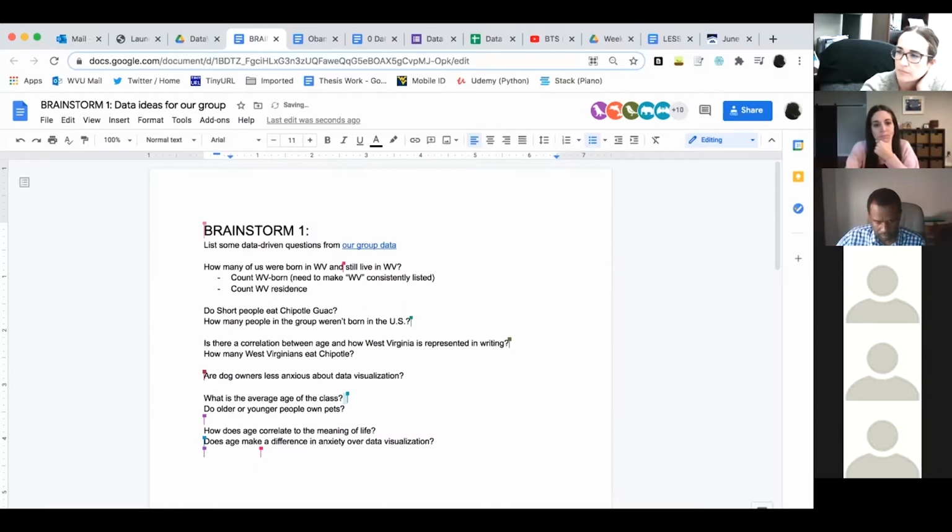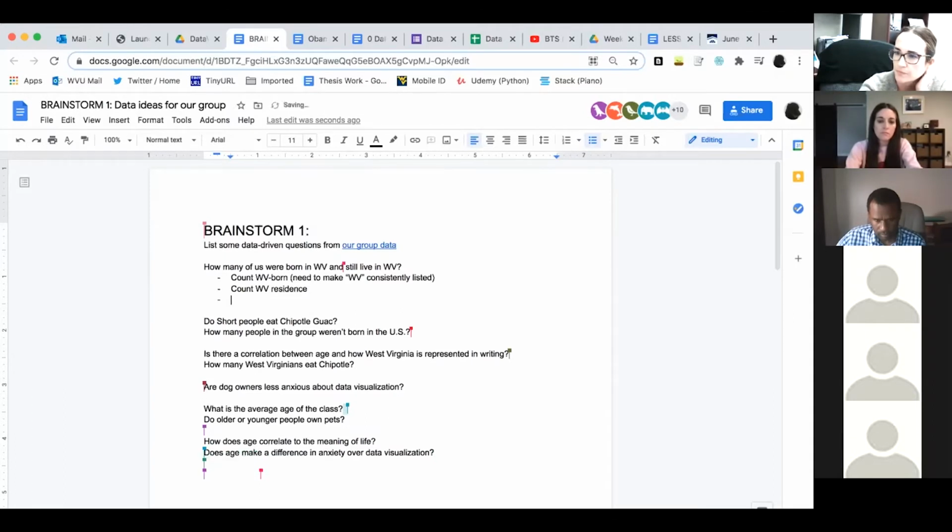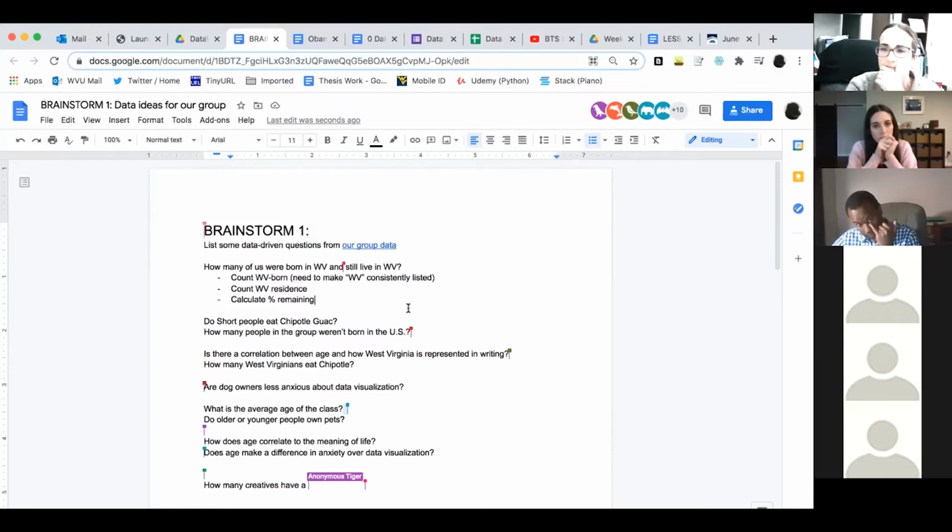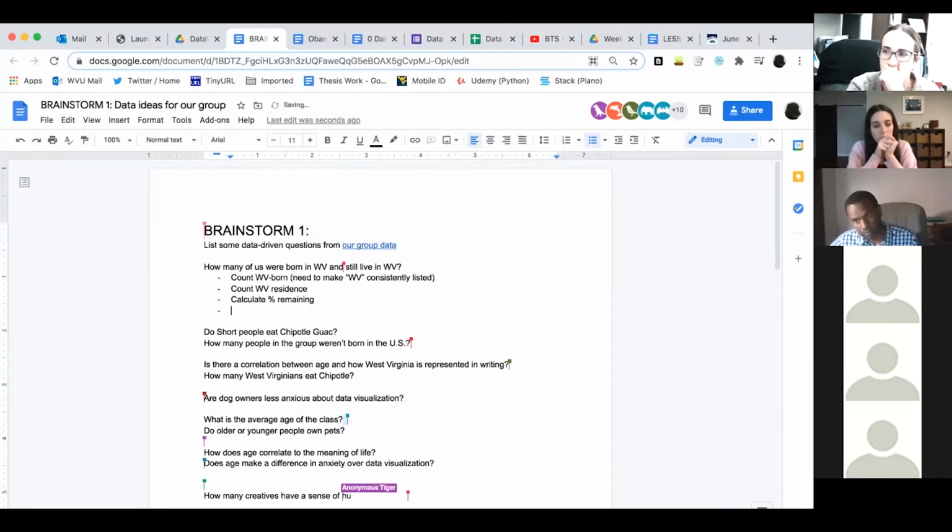And then how do we present that data? We could say raw numbers. This many were born here. This many are still here. You could also calculate percent remaining. So percent of those who were born here that live here now, for example. That's a chart to show. And we could compare that, next steps. Compare